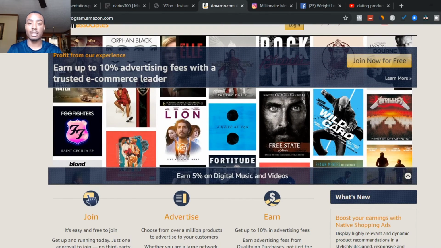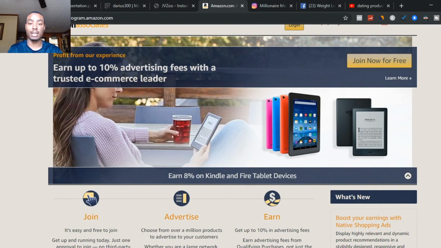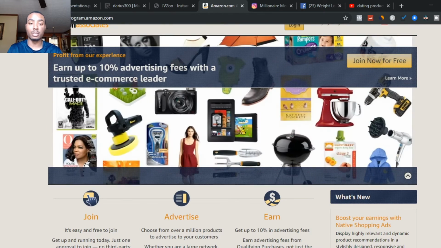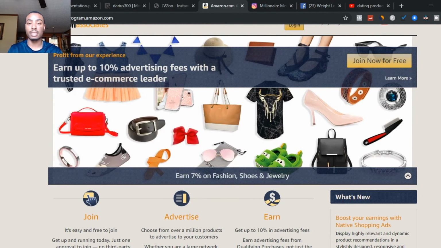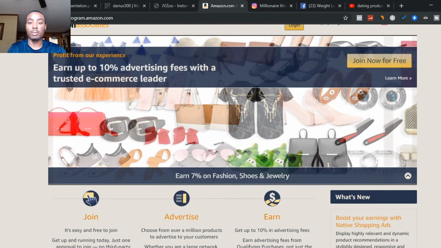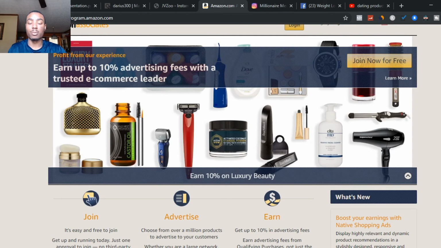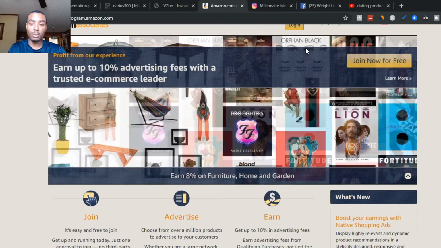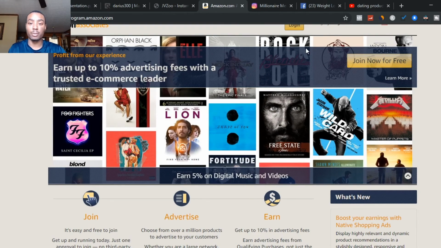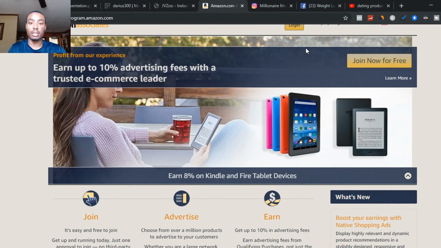It looks kind of sketchy to them. It's easy to use and make money with, but a little bit harder because it looks sketchy. So that's why I recommend Amazon first, then try JVZoo, and then ClickBank.